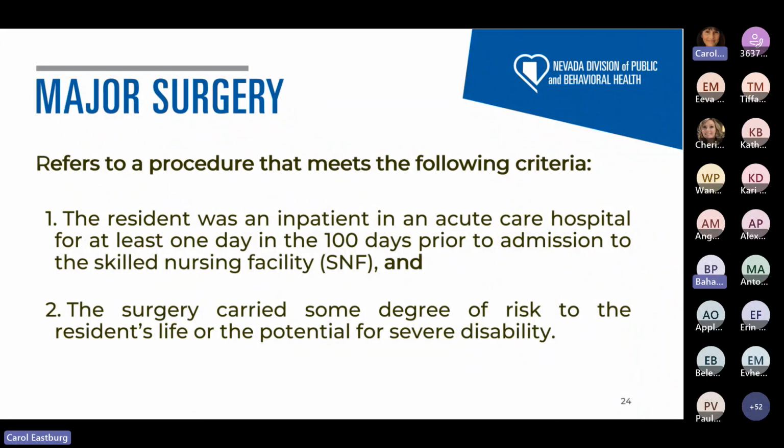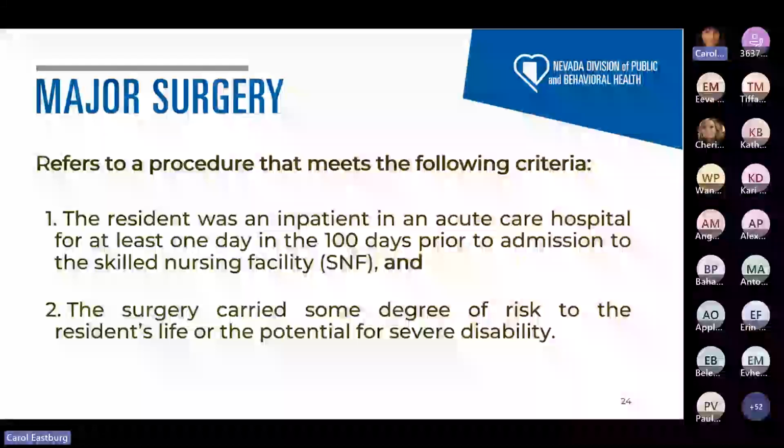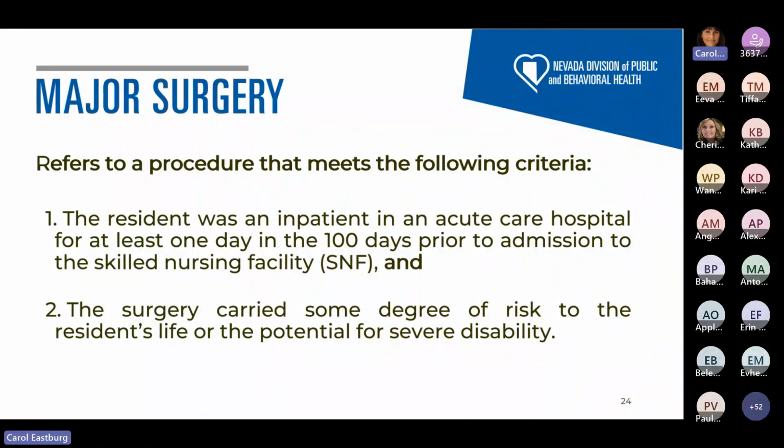And the surgeries that you're going to enter into this section, again, must have been documented by a physician or an NPP in the last 30 days. And the major surgery must have occurred during the inpatient stay that immediately preceded the resident's Part A admission. The list of major surgical procedures that would require active skilled nursing care starts on page 402 of the manual.